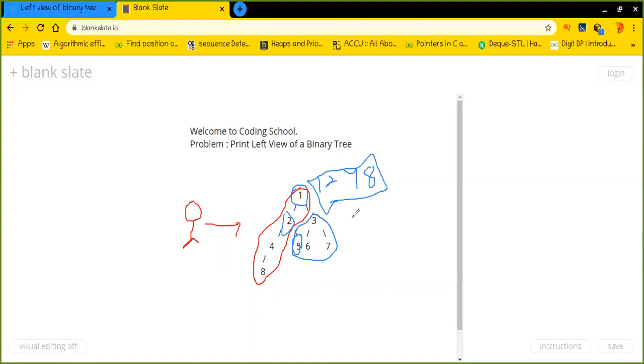I want you to understand it in this way. As I'm moving all the way down, I'm going through levels, isn't it? Let's say this is the first level, this is the second level, third, and so forth. So let's say I pass the level as a parameter, and initially we have printed nothing.